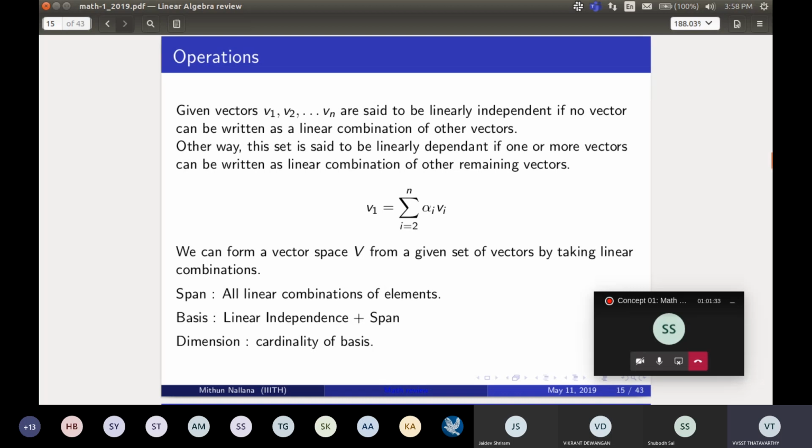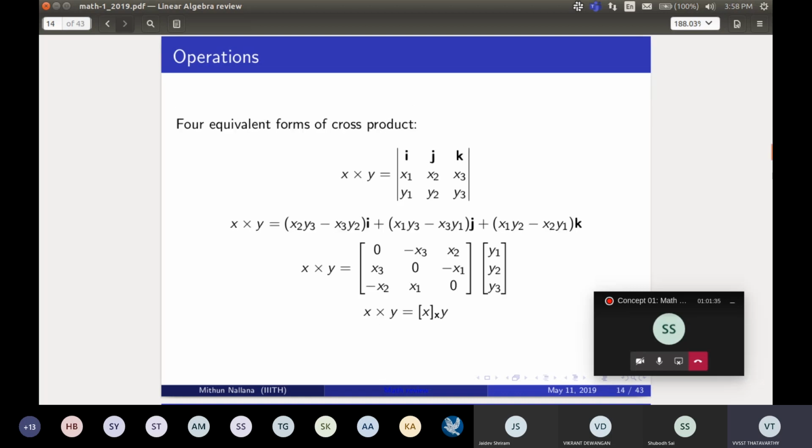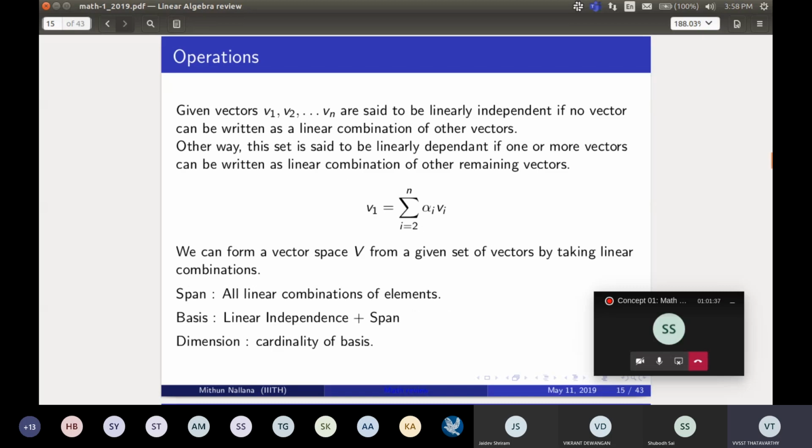Now we have been dealing with just one or two vectors till now, and what the operations on them are. Now what if we have linear combinations of vectors, like we have a vector v1 and we want to add them in a linear combination? What is a linear combination in general? We take alpha 1 v1 plus alpha 2 v2 plus alpha 3 v3, and so on, alpha i vi.